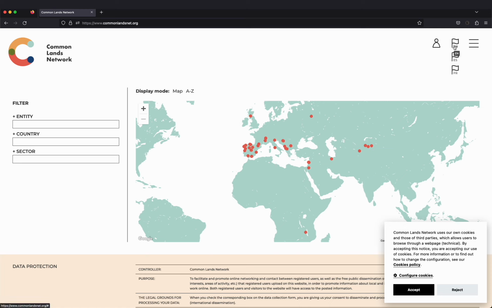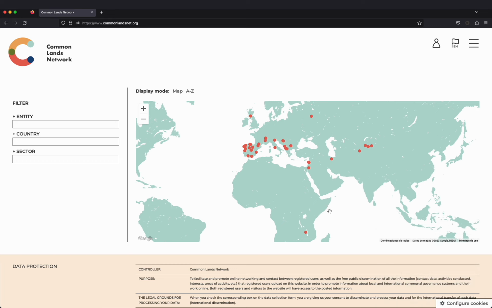The first thing you need to do is choose the language in the upper right corner that you want to use to browse the platform, which can be Spanish, English or French. Immediately afterwards, you will have to accept the cookies in the lower right corner. You will see that we do not use statistical or advertising cookies, just the ones that are necessary from a